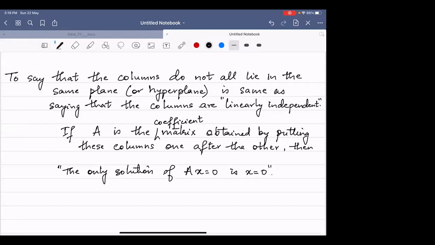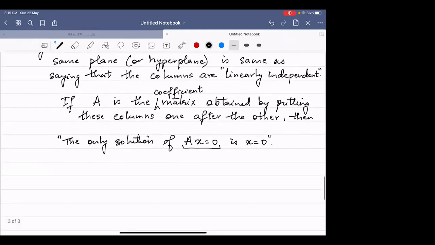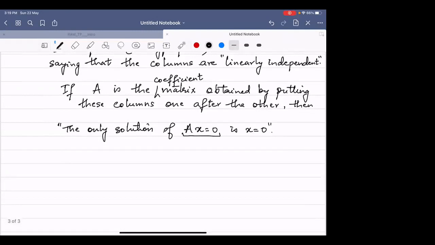Now, I should probably explain myself when I write this. What does this equation mean? A is a matrix, right? This X means X is a vector in whatever dimension. Let me explain that notation slightly. AX equal to 0. To be very precise, a number of books will actually write this with a capital X, because that is also a matrix actually. So AX equal to 0 means the system of equations